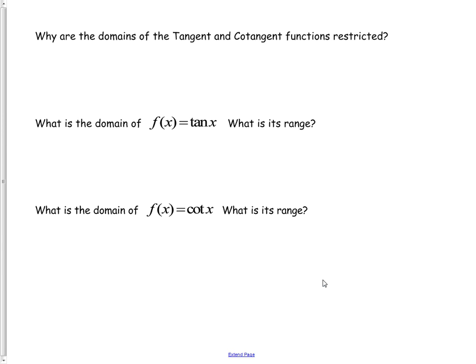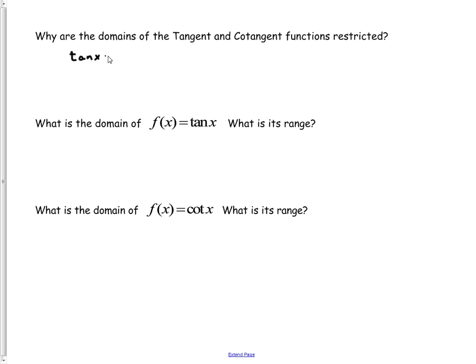So now we move on to a discussion about domains of tangent and cotangent functions and what we could expect from those. Well, the first question, why are the domains of tangent and cotangent functions restricted, is actually a relatively straightforward one to answer. And it's a very similar reason to the ones for our secant and cosecant functions having restricted domains. That is, specifically, tangent of x is the function